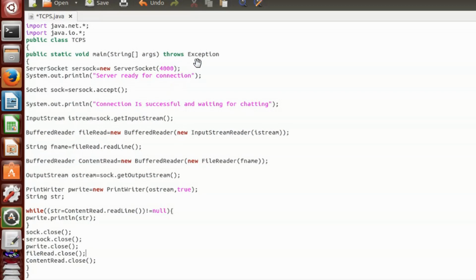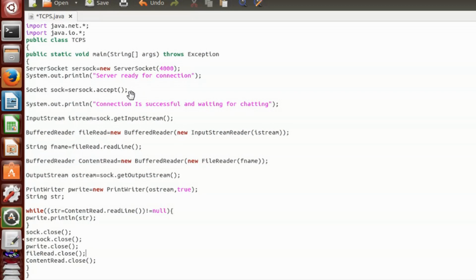Okay, fine. I have a server socket here. Next, System.out.println server ready for connection. As soon as I have the receptionist ready, that means server socket ready, I'll print that, okay, server ready for connection. So here, what is happening in socket? Sock is equal to server sock.accept. So here, for every client request, we create one socket. Okay, so this is what we are doing. Every client socket request you are accepting, that means you are creating one socket dedicated to that particular client.